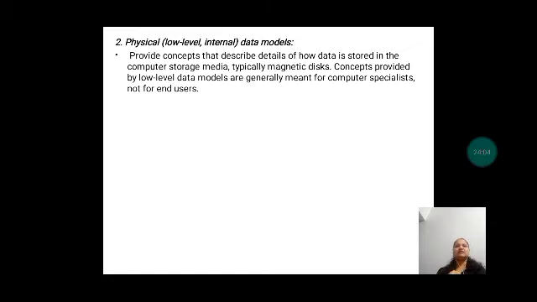This is nothing but an example of an access path. Index-based access paths can be used there, or the data can be organized in a linear manner, or in a hierarchical manner, that is in tree structures, or a network model, or some other model. So who will take care of this? The people who are working at this level will take care of the physical specifications of any database management system.